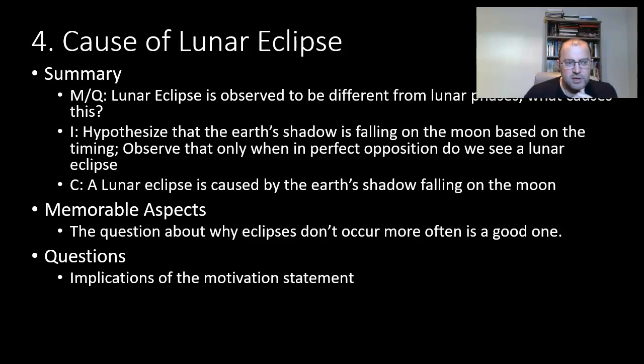Again, I have questions about the implications of the motivation statement. So what exactly is being said in the motivation statement? Now, as I understood it, getting into the details a little bit more, the claim is that before people decided they wanted to investigate the cause, and Professor Elias points to the Greeks as the first ones who investigated the cause of the lunar eclipse,